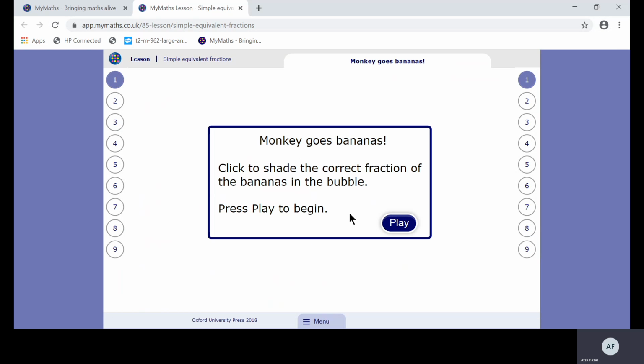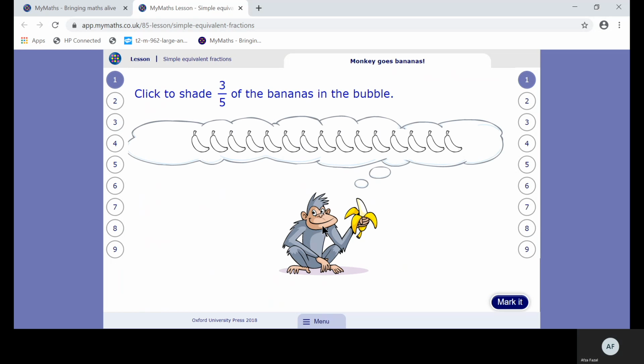Monkey goes bananas. Click to shade the correct fraction of the bananas in the bubble. So 3/5. So I need to select 3 out of 5. So for every 5, I'm going to color 3. So there's 1, 2, 3, 4, 5. 1, 2, 3, 4, 5. 1, 2, 3. Okay, so there's that way of doing it. Click to shade 3/5. Okay,